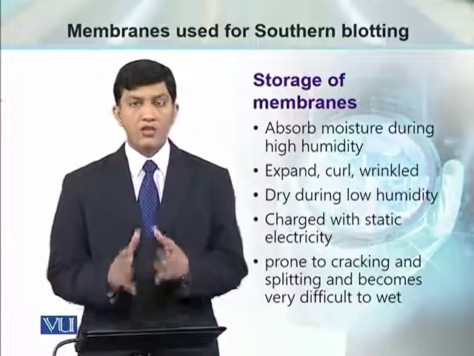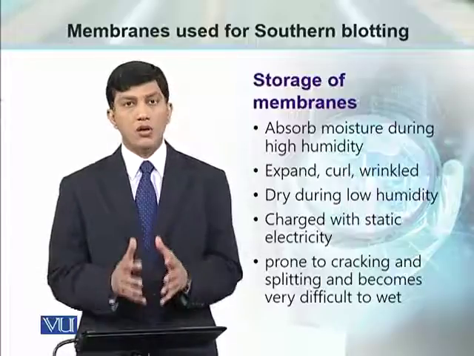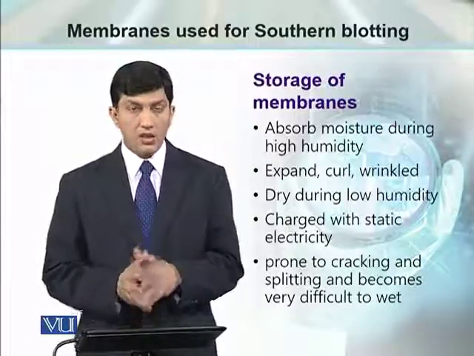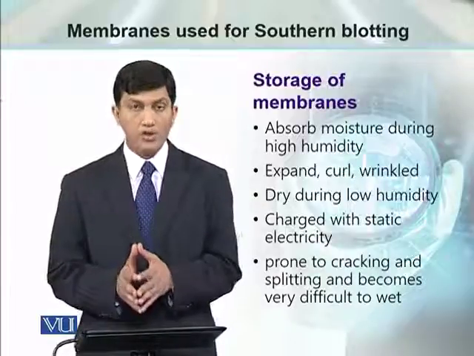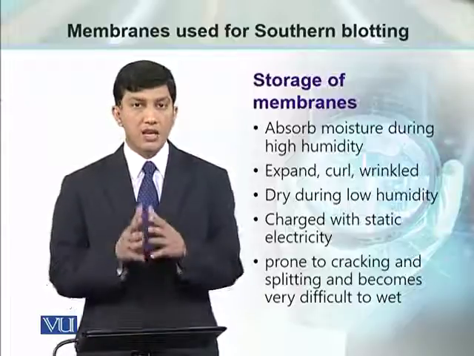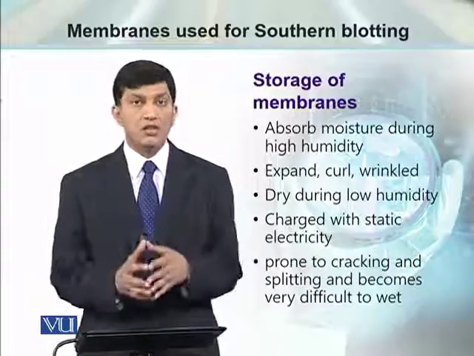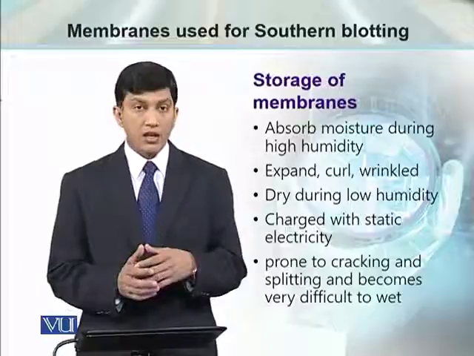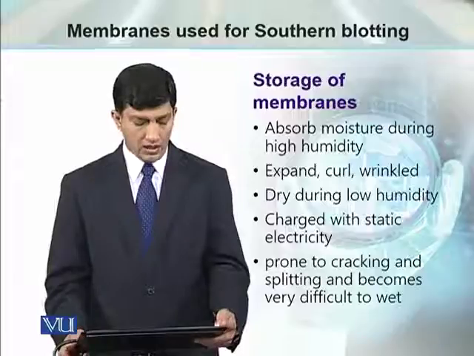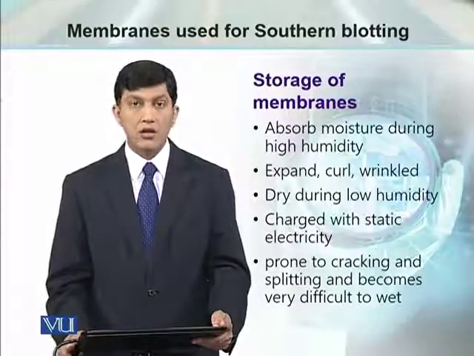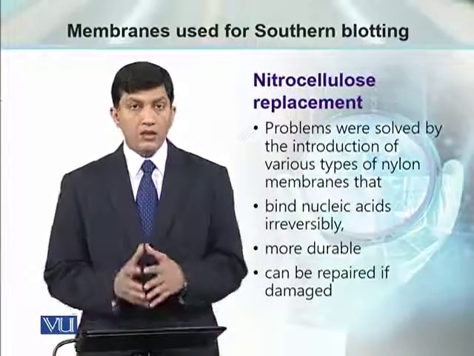And once the hybridization is done and results are obtained, the storage conditions are going to cause problems with these membranes. The nitrocellulose membranes are going to absorb moisture during high humidity. As a result, they can expand, curl, or get wrinkled. And if the humidity is low, they can become dry. They get charged during the storage due to static electricity. As a result, they become cracked or splitting can occur. Then there